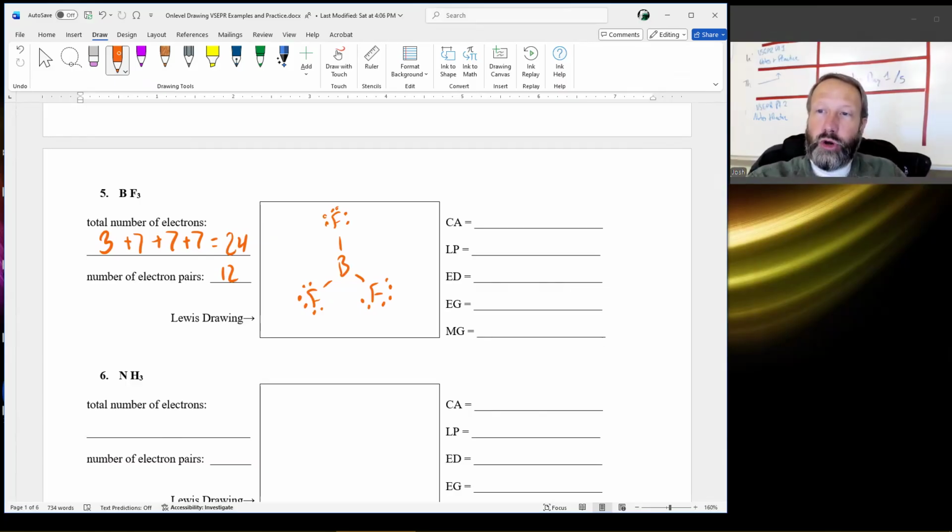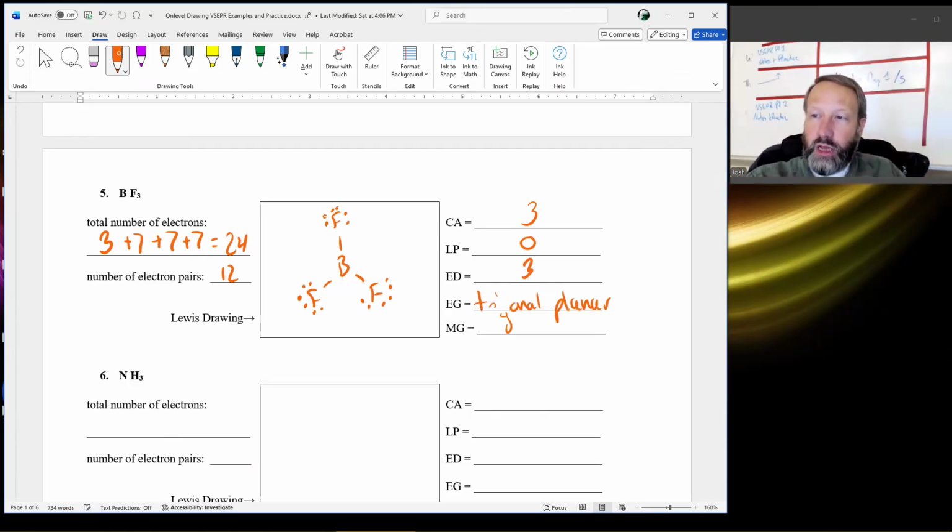Does boron have an octet? Boron doesn't have an octet. It only has 6. Doesn't have 8. Is it part of synops? It is not. So I don't do anything with it. I'm done. I have 3 connected atoms, 0 lone pairs on the boron. Total is 3, 3, 0, 3. Trigonal